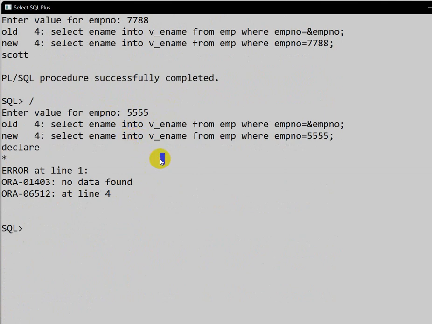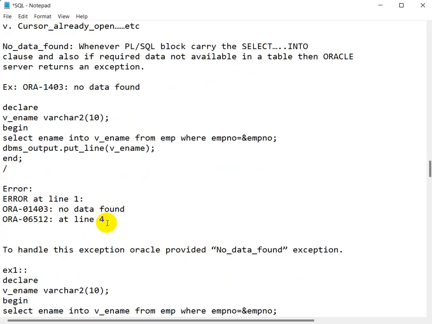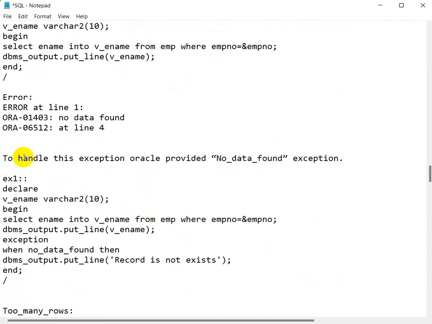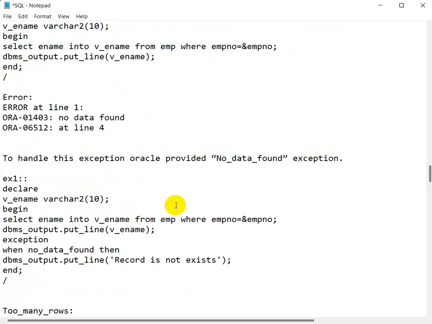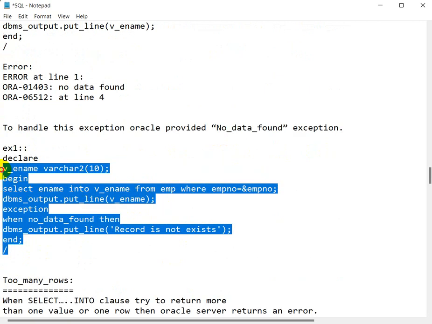Now how can we handle this exception? So let us go here. This is the error we are getting, ORA 1403 no data found, because we are giving an invalid employee number. So to handle this exception, Oracle provided the no data found exception. So let me copy this and explain how this is working.